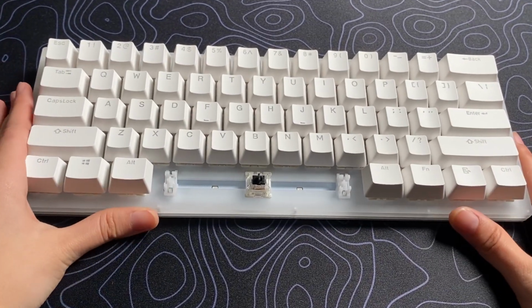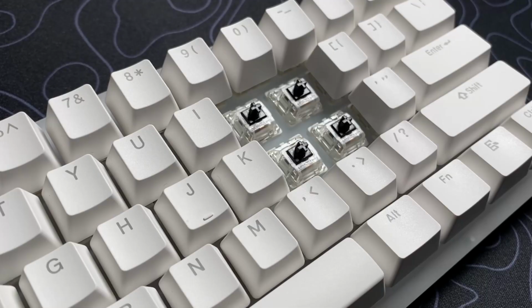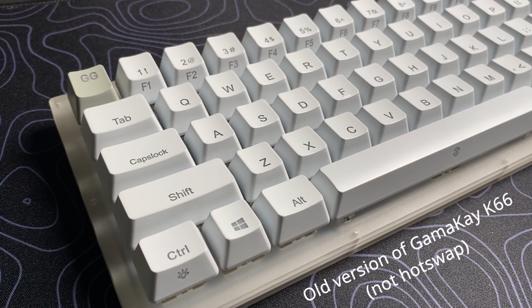They are like reds but heavier and still smooth. It requires more force to press down. Gateron blacks are a linear switch that actuate around 60 grams and bottom out at around 70 grams. Another important feature, or what's awesome about this keyboard, especially this new version compared to the old Gamakay K66, is